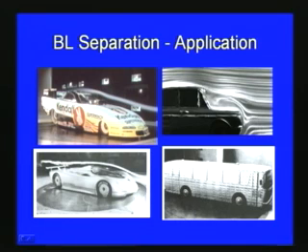You can see that at this location the separation starts, but in this car you can see that at the rear end the separation starts. As we have already seen in the case of the airfoil, if the airfoil is placed in such a way that the angle of attack is 0, there can be a condition where there is no separation, so that the flow is much smoother. Like this, in the automobile industry also we can utilize this principle, so that there will be less resistance while driving the car or the vehicle.